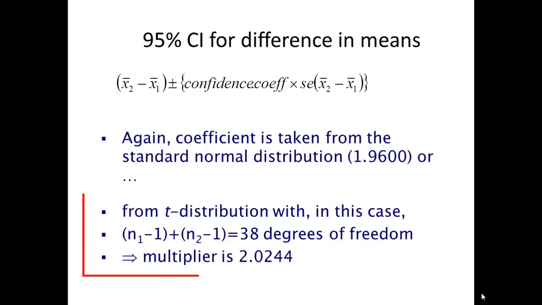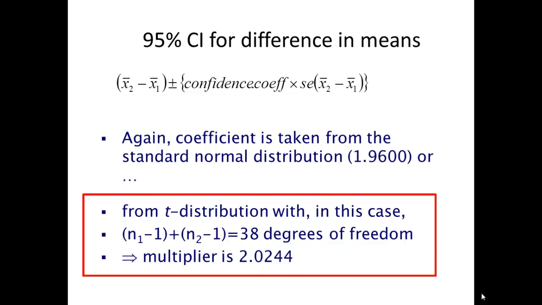And if we're using T, which we probably should use in this case, because the sample size is not massive, it was 40, then we use the T distribution with 38 degrees of freedom. And we use 38 because the degrees of freedom for a 2 sample test is determined by the total sample size minus 2. And why do we take 2 away from the degrees of freedom? Well, you can think of the means in each of the 2 samples as being fixed. So that information is not free. And so then you have n minus 2, which equals 38 pieces of free